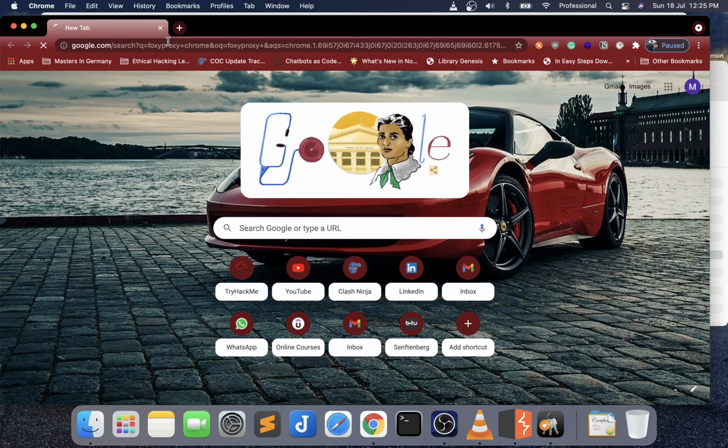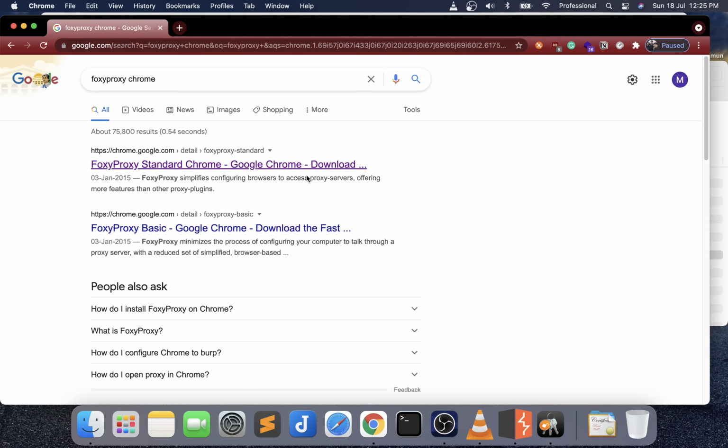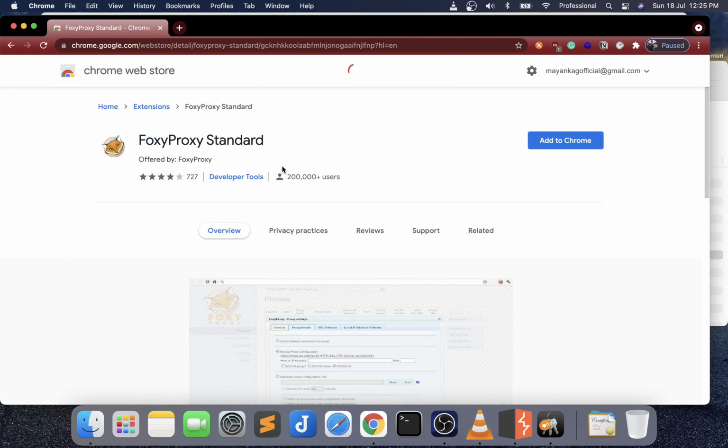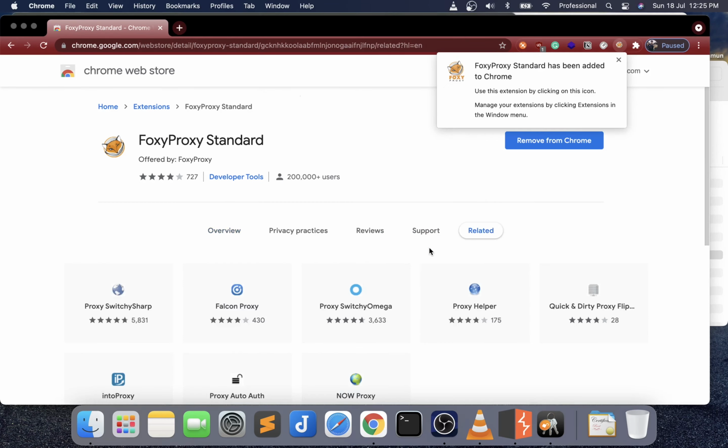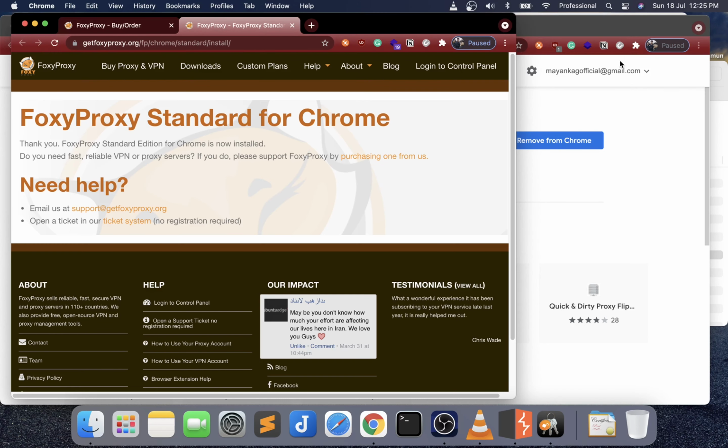So we will be using Foxy proxy Chrome. Since we are using the Chrome, you can do the same for Firefox. Let's install this extension, add to Chrome, add extension. Okay, so the Foxy proxy has been installed. Now let's quickly do a setup of Foxy proxy.